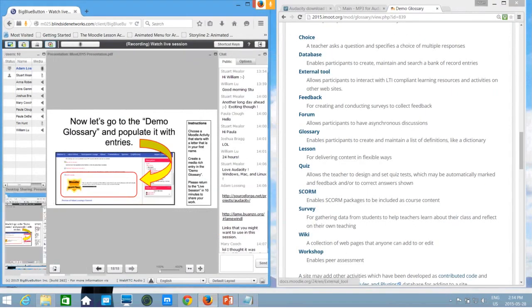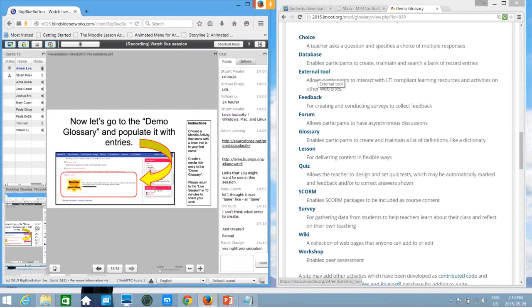External tool. And Mary, if you're still in the room there, feedback. And Joshua, forum. And Jen's. Oh, we won't do glossary. Let's do lesson. Lesson's very cool. And then is that Anna? Do quiz. And I'm not sure if Stewart wants to participate, but he could do SCORM if he wants to. Oh, it's actually got an S as well. Okay, so